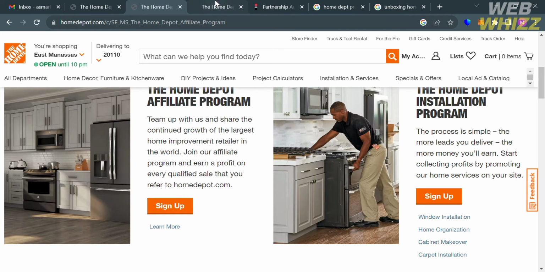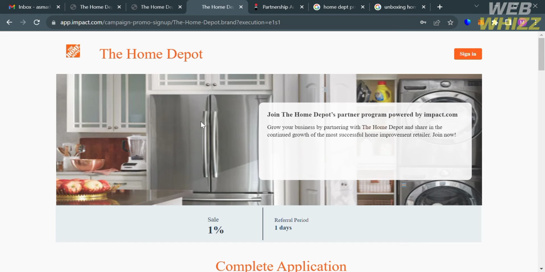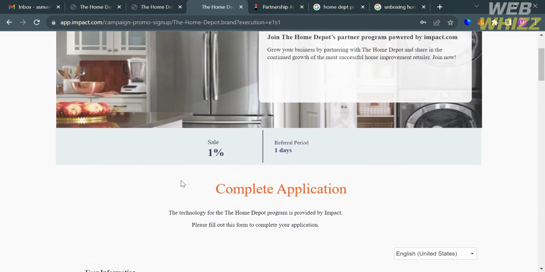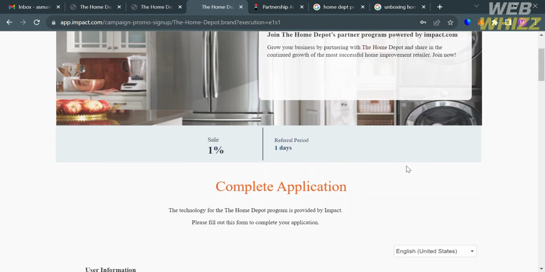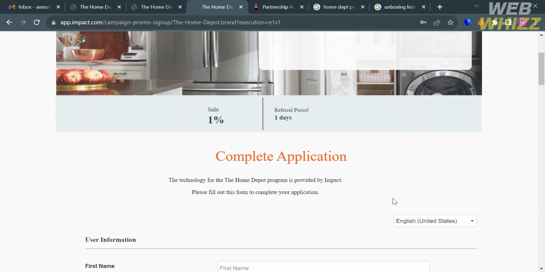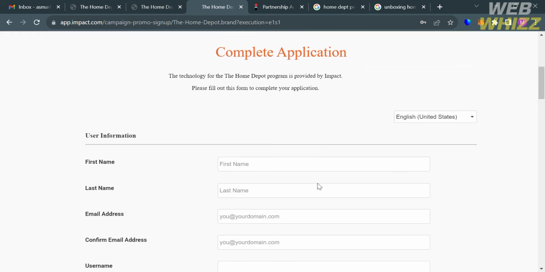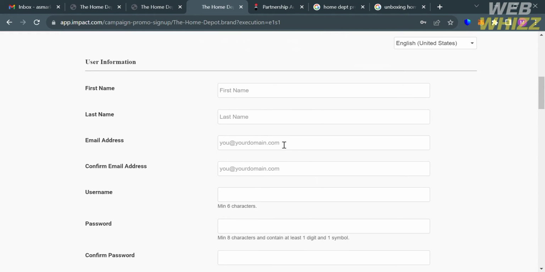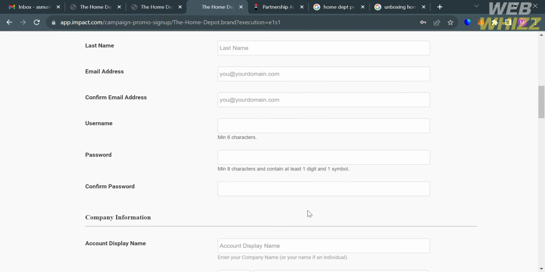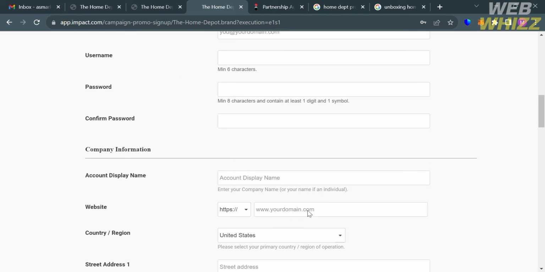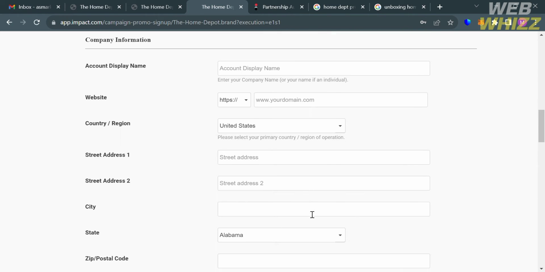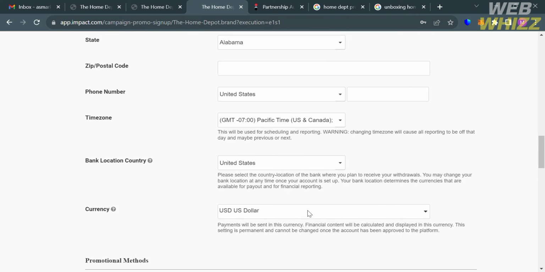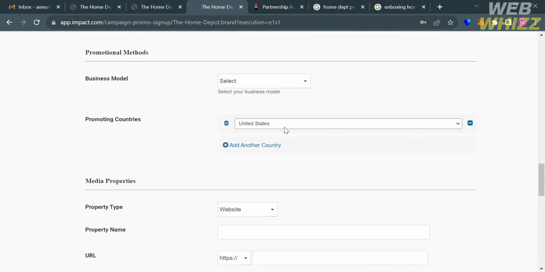And by clicking the sign up button right here, you will be directed to this page. From here, all you need to do is fill out all of the required information to complete this application, including your personal info: first name, last name, email address, username, your password, and also your company info,